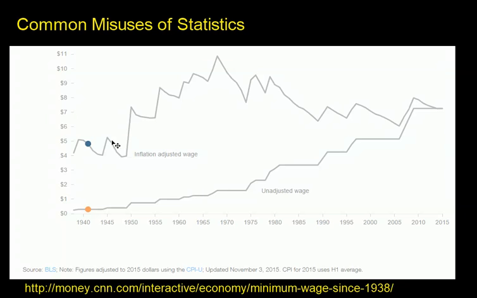So yeah, there's been some incline, but it's not from $0 to $7. It's not a $7 incline, which is what you would think if someone were to present to you only the